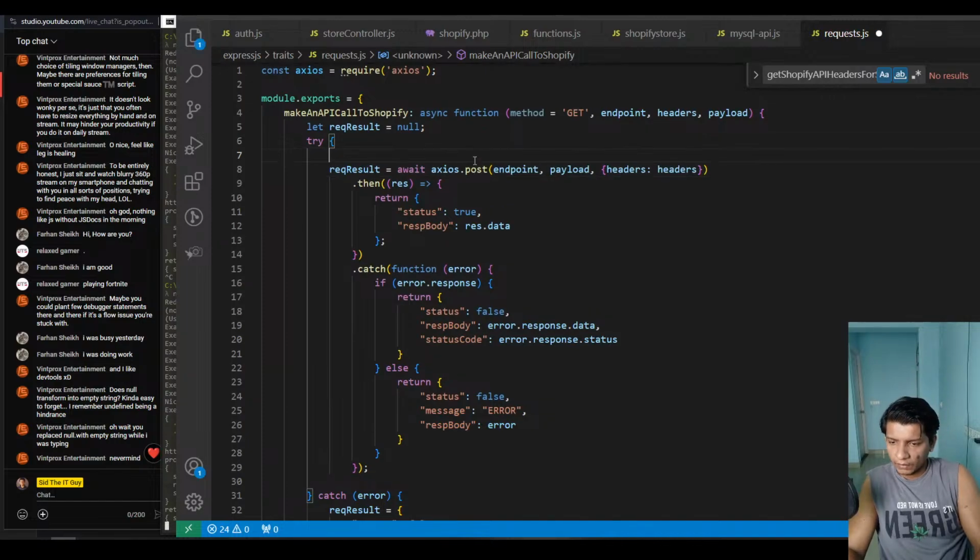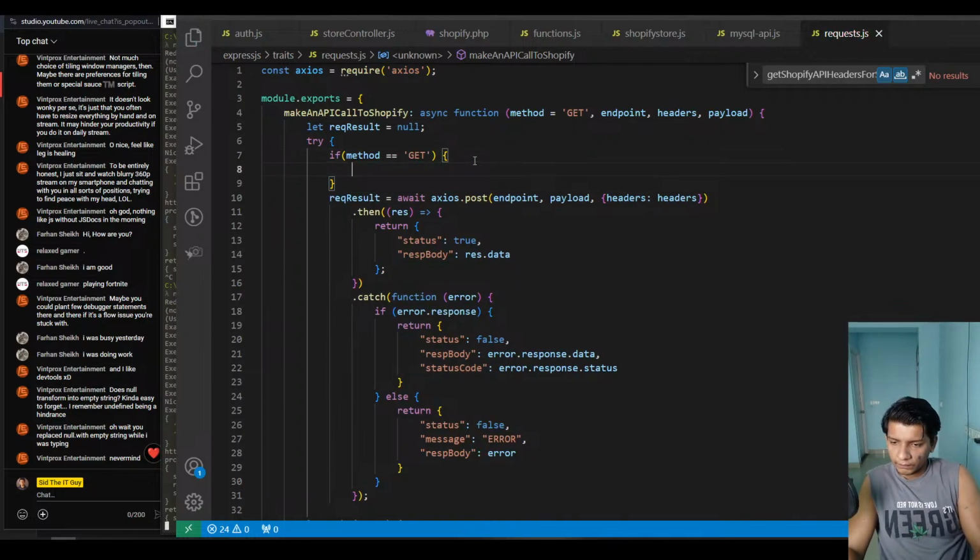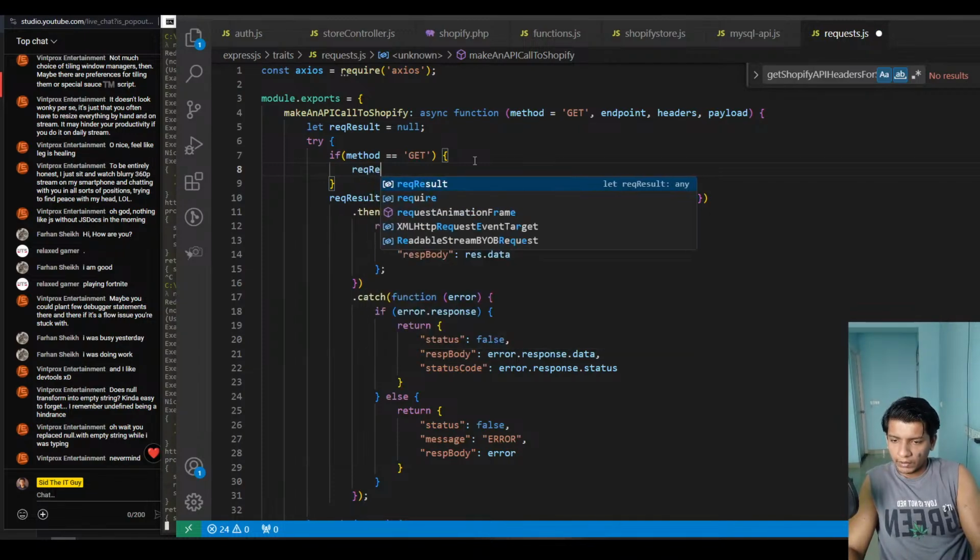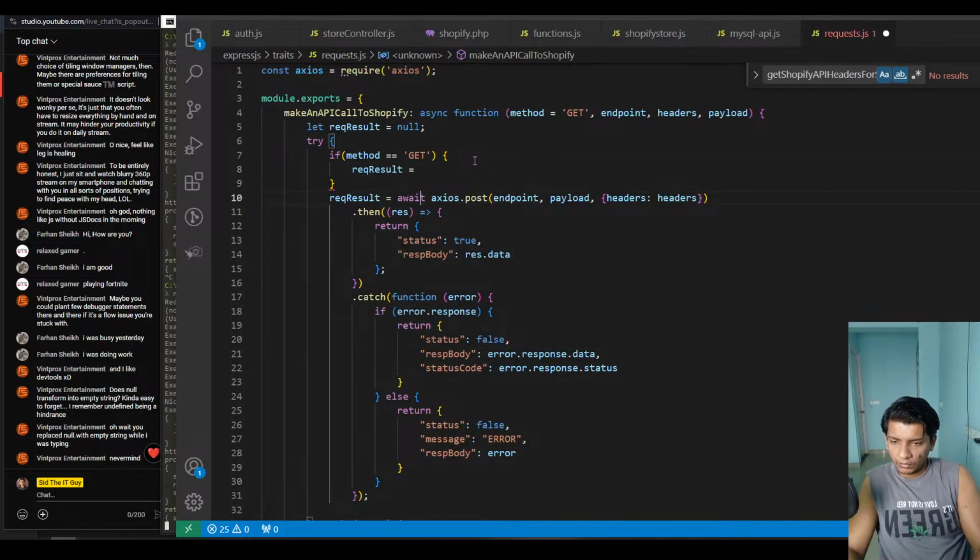Anyway. If method equals get or method, I have to do this. Result equals